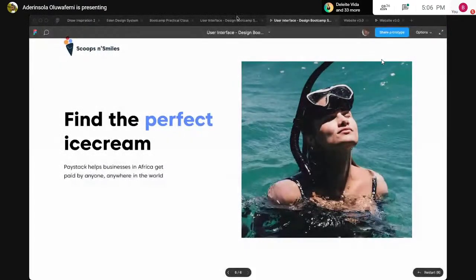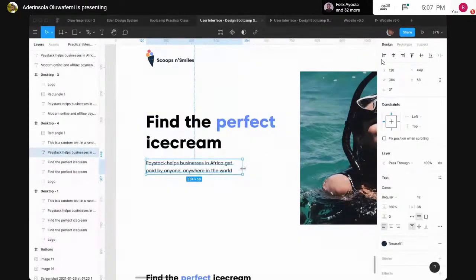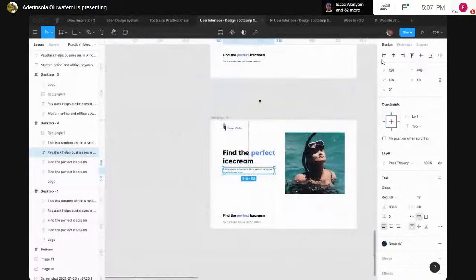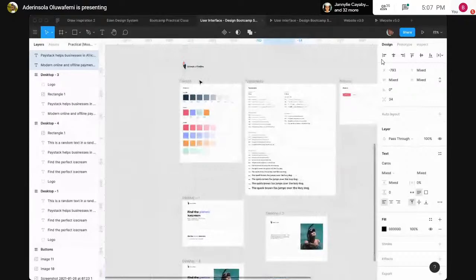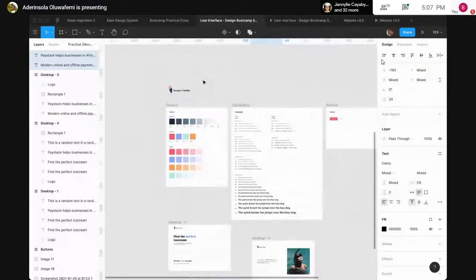So if you check websites out, that's how it works. I'm just saying this for people who might just be getting into design and do not understand these principles. I know there are people on this call who know these things, but I'm trying to address it in case there are people listening who don't. Like I said, I'm not going to go into the actual design in this class. That would be for another class where we actually design the Scoops and Smiles website. But I think I have more or less covered most of what I wanted to cover before